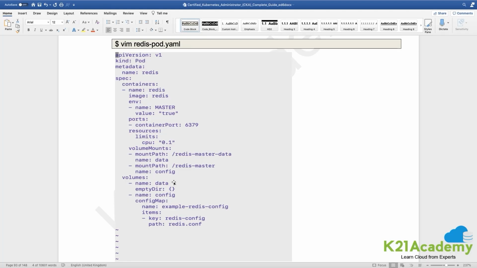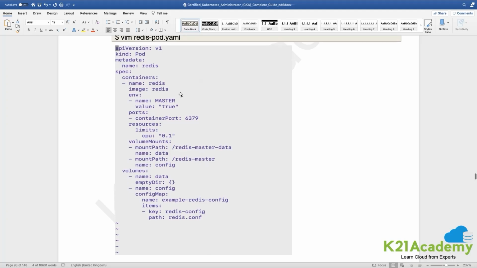It's the content of the actual redis.conf file. Here I'm creating a Redis pod, which has a Redis container. This environment variable is a generic environment variable, which I'm setting the value of here itself. There is no value from the key of a config map, rather a standard environment variable. The port opened by the container, the limit of resources by the container, and in the volume mount section, we